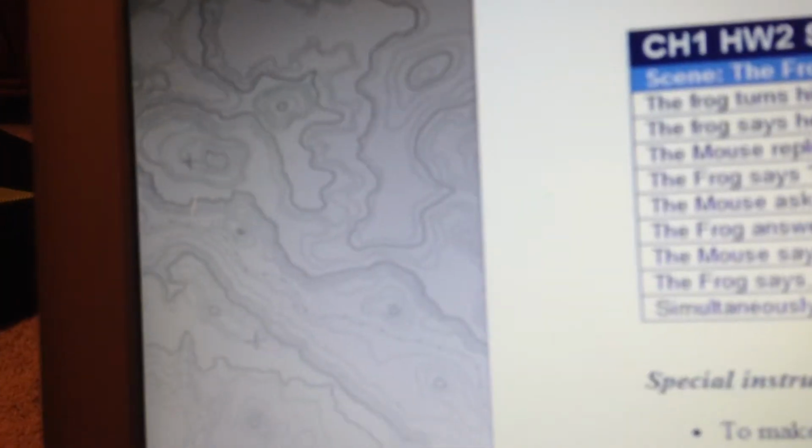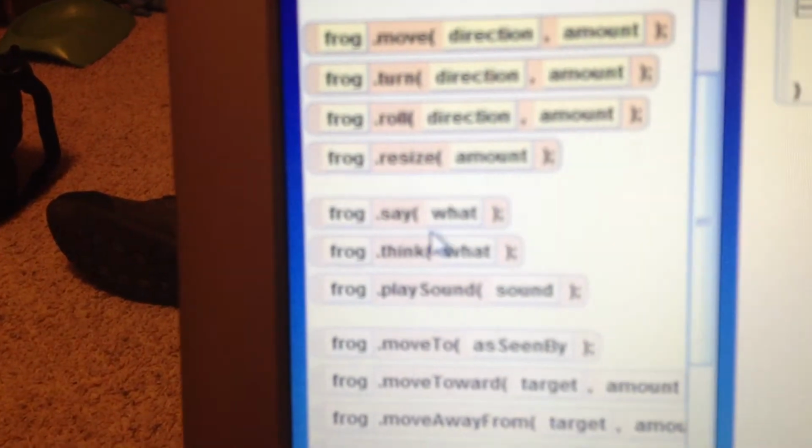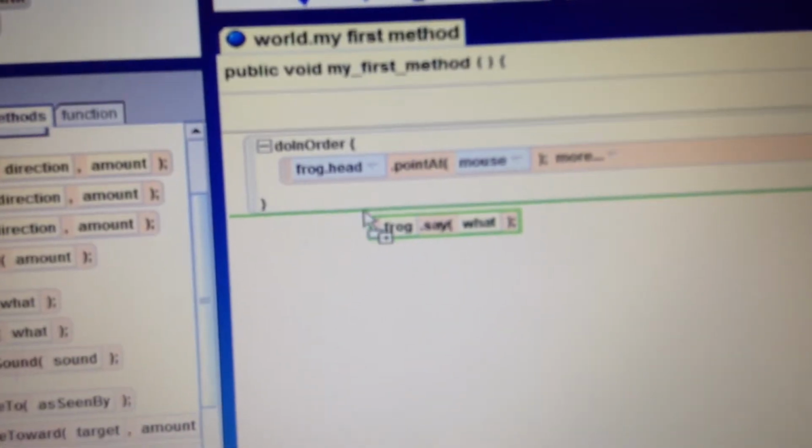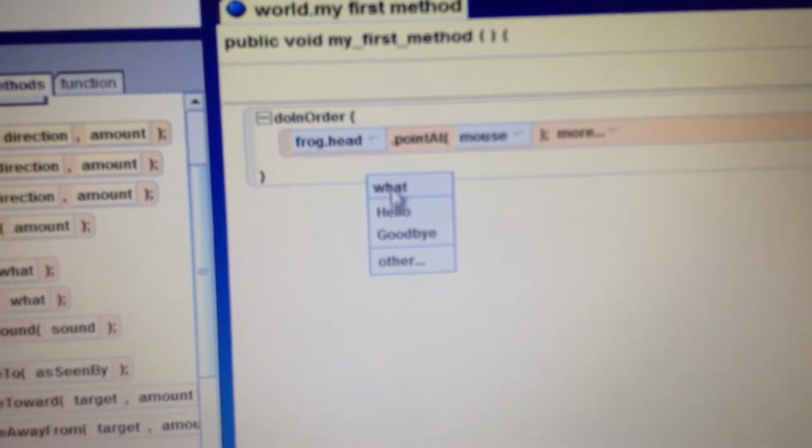And then it says the frog is going to tell a knock-knock joke. So we're going to click frog up here in the object tree. And it says frog say what right here. So we're going to come over here, and when we click and drag this, we get a dialog box that says what it wants to say. We are going to click other, and we are going to type,